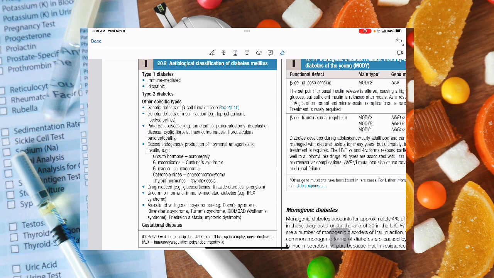Some drugs sometimes can also lead to increased blood glucose level, like steroid, thiazide diuretics, phenytoin. So these drugs can be a cause of diabetes mellitus. And genetic diseases like Down syndrome, Klinefelter syndrome, Turner syndrome, myotonic dystrophy can be a cause of diabetes mellitus. So when you get a patient of hyperglycemia, the cause should be checked either at the time of the diagnosis if the patient is stable, or later on after stabilization or resuscitation of the patient, if the patient is